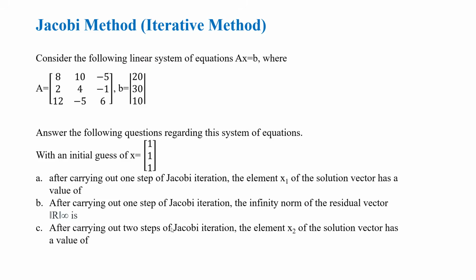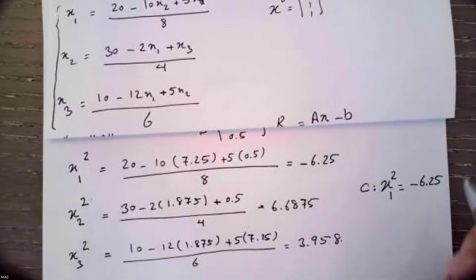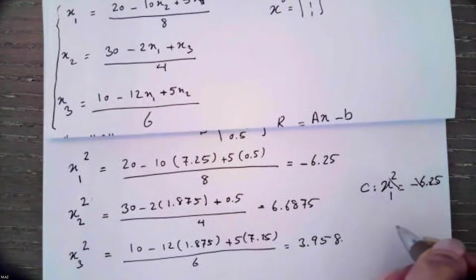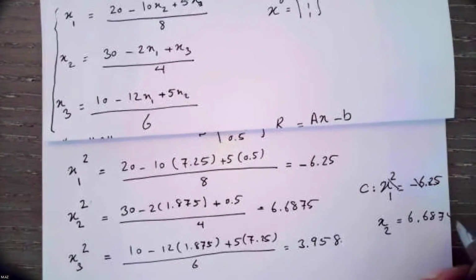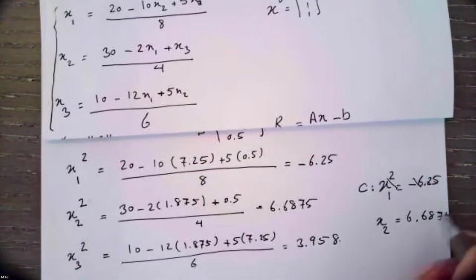It means the answer of part C will be 6.6875. Another thing I want to mention here is that the Jacobi method is a